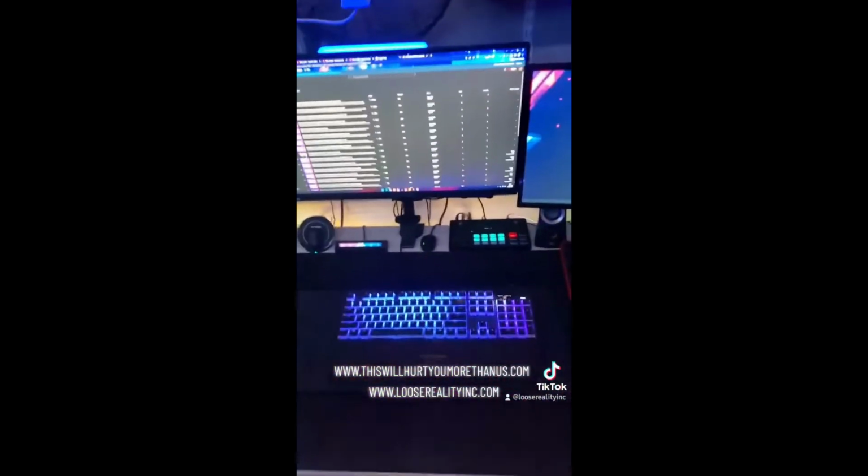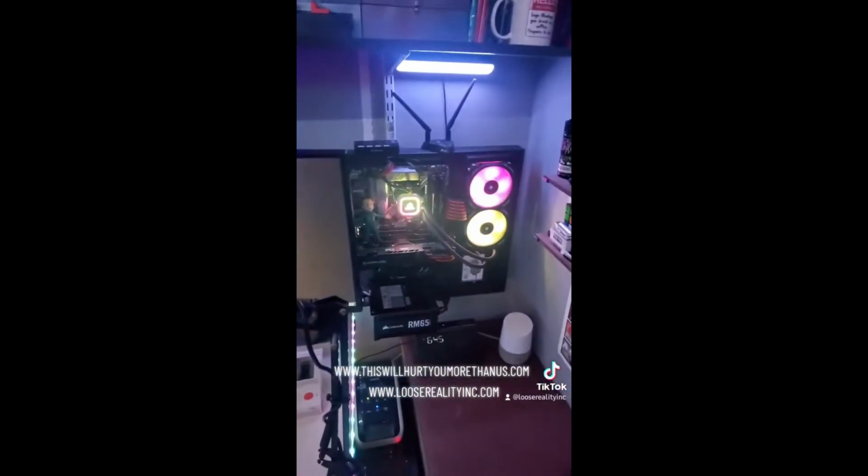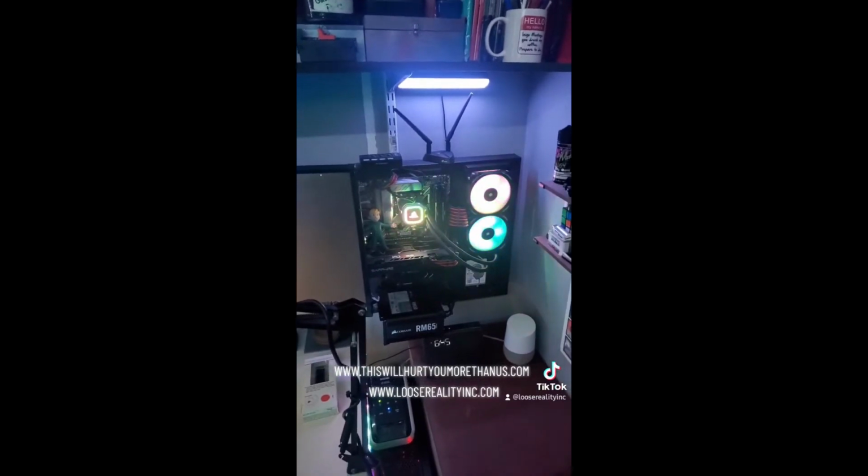Printer, 3 4K monitors, SteelSeries Apex 5 for the podcast. There's another mic behind there, headphones, wireless printer, that, don't worry about that. Chargers, that is my Ryzen 9, I think, yeah, the 12 core, 12 or 16, now I forget,